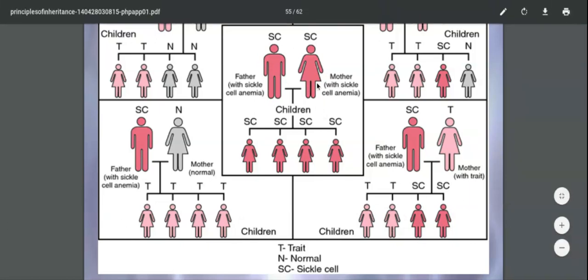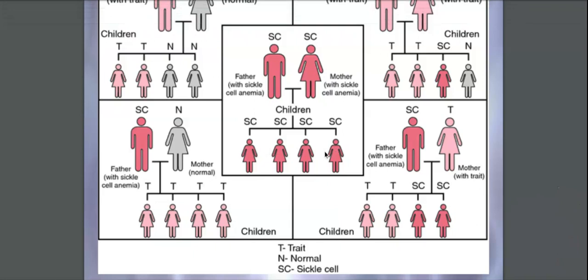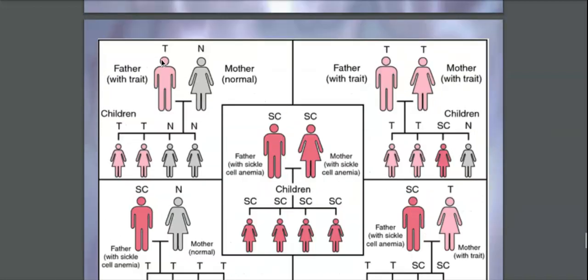But look at this, if both are diseased, then the chances that all of them are diseased is very, very high. In fact, all of them will definitely have sickle cell anemia. And here you can see a sickle cell father and a normal mother. You can see that all are carriers, none of them have the disease. So this is about sickle cell